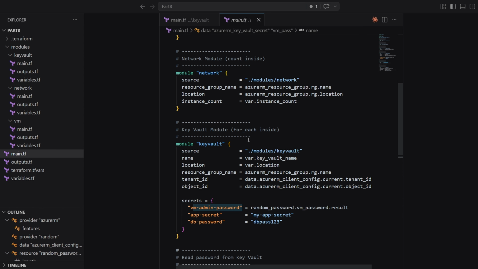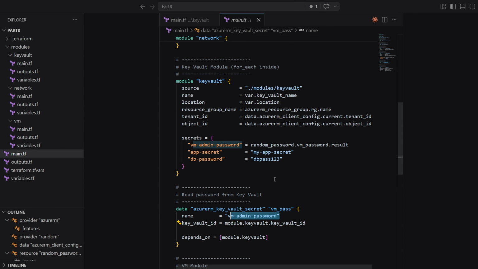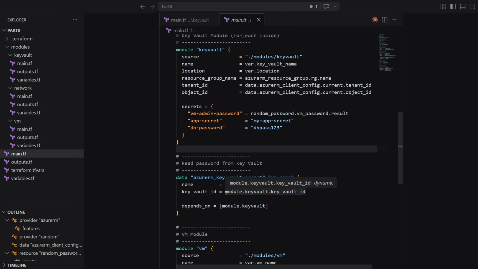And next, after that, I call the Key Vault module. Here I pass the Key Vault name, tenant ID, object ID, and secret map. Inside this secrets map, I'm passing 3 secrets. The most important one is the VM admin password, and its value is coming from the generated random password. And then I read that same secret back from Key Vault using a data source. This is the part where Terraform